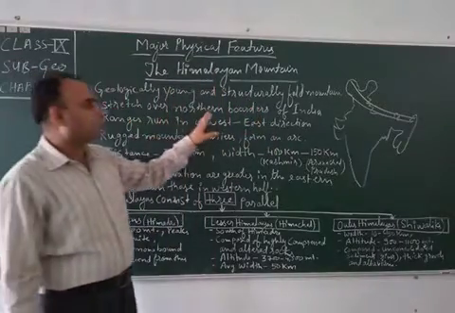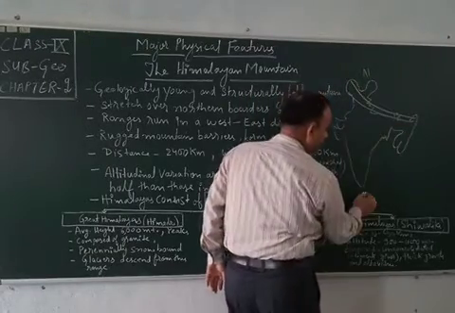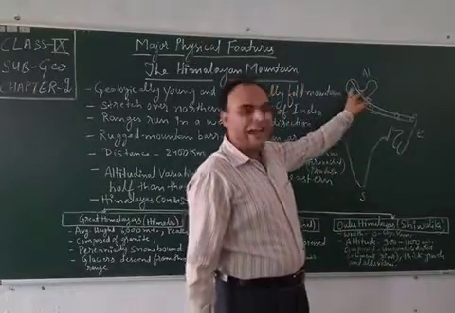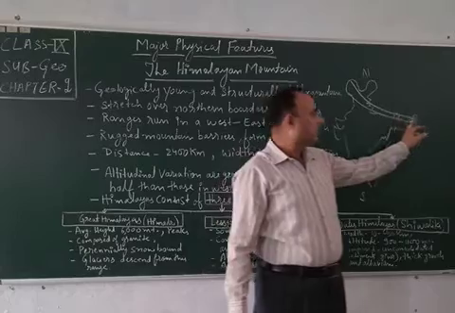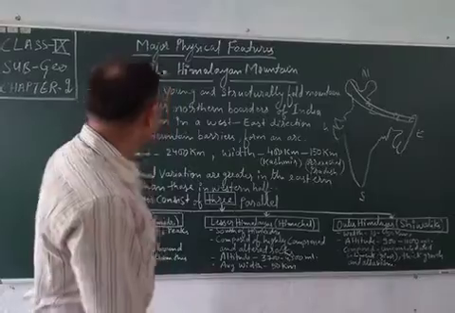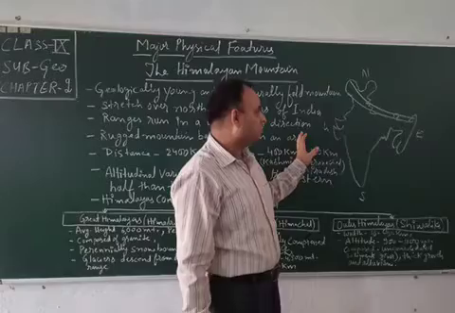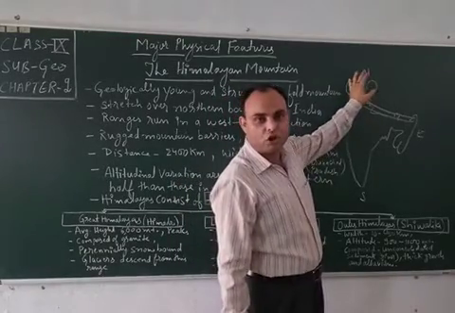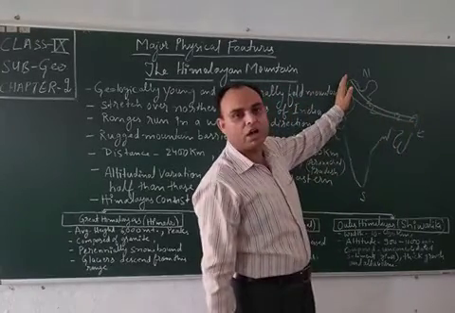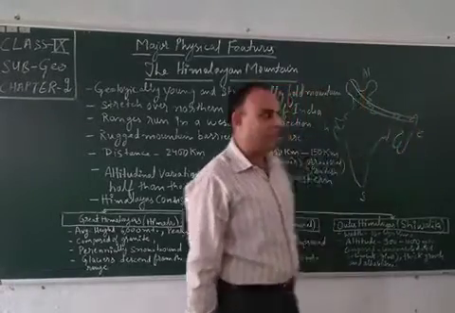It stretches over the northern borders of India. Here, north, south, east, west. So it is forming an arc, north and east. It is located in the northeast direction of India. Ranges run in the west-east direction. This side is east and it is going upward towards the north. This side is west. So they are running in the east-west direction.